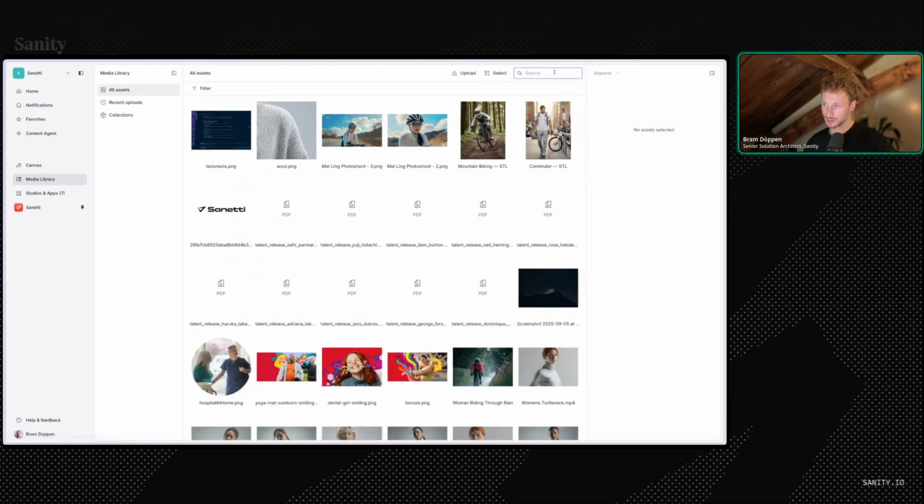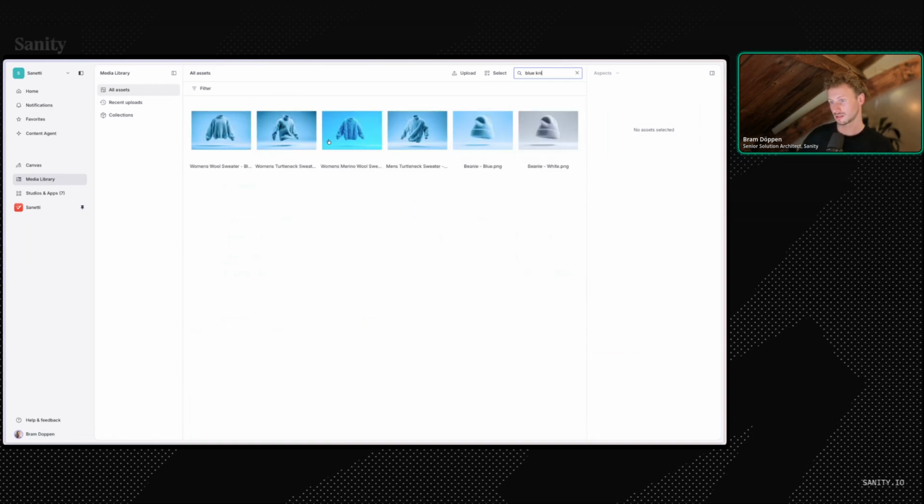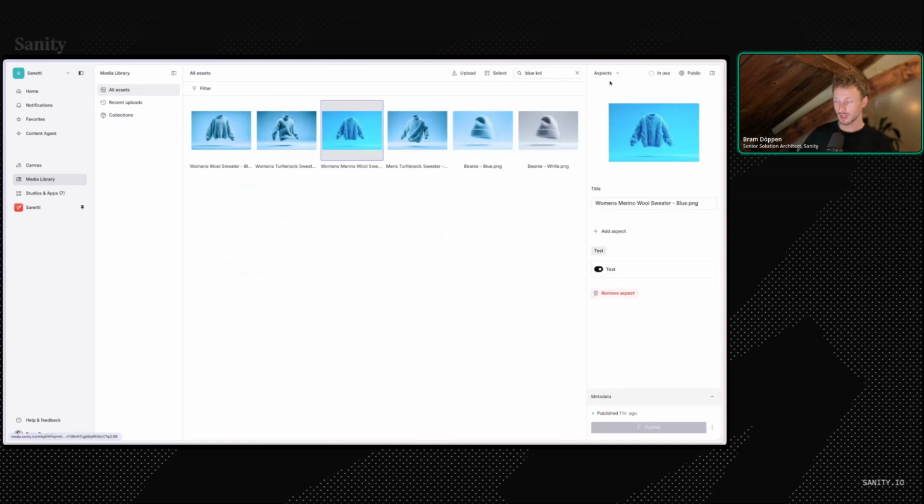So I would just go to blue, knitted. There it is. So we've talked about assets or aspects. Sorry, it's very confusing, asset and aspect. But one thing that you can also do is replace the version. So that's maybe useful for example,